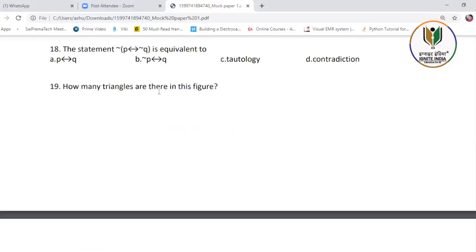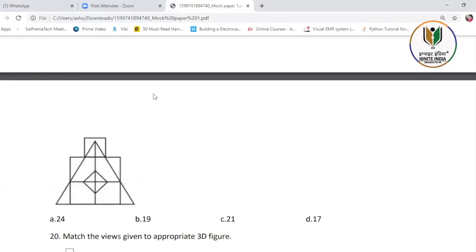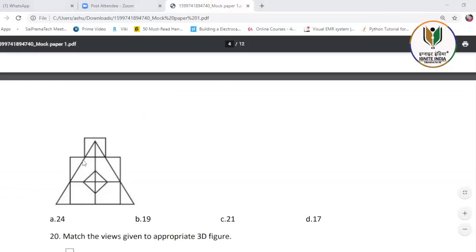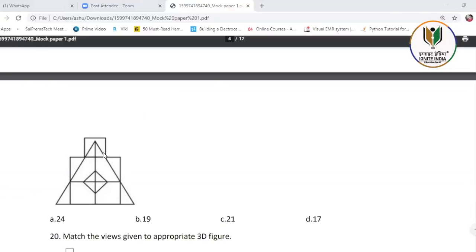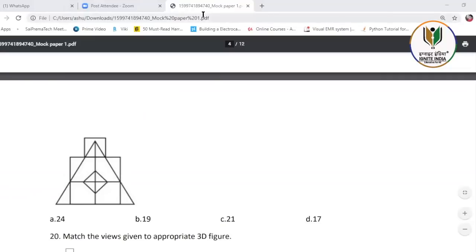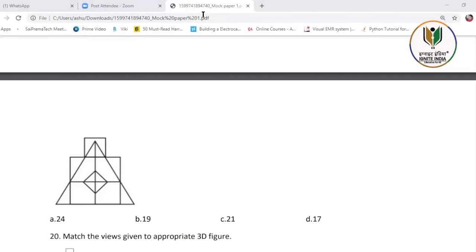Next, how many triangles are there? This is a very similar question to the previous one. Triangles, okay? Again, there is a trick for this. In this triangle, if you see 4 spaces, 1, 2, 3, and 4, that means there are 4 into 2. Okay, so there are 8 triangles in this. You can count also, it will be 8 only. So there are 8 here, and in this one, this whole